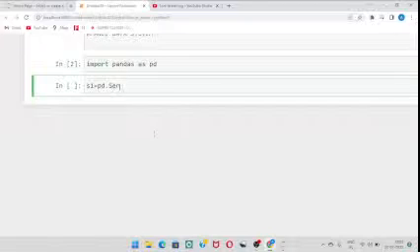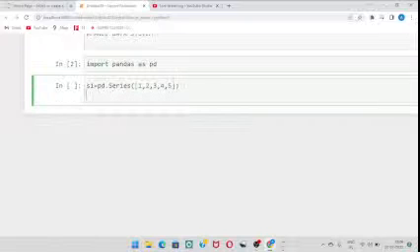It is the syntax to access the series function of Python pandas. So here you must have a list in it. A simple list, we use 1 comma 2 comma 3 comma 4 comma 5. So you get it. If I print it,